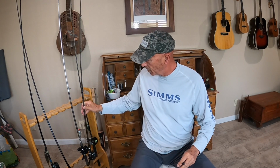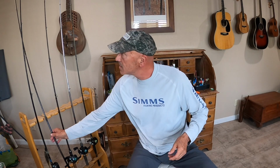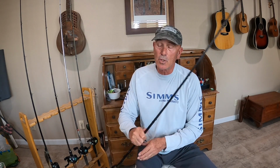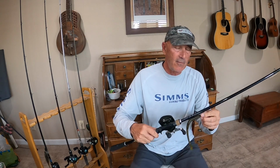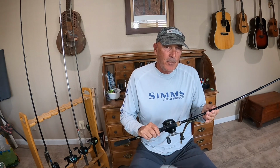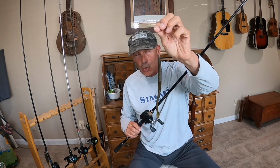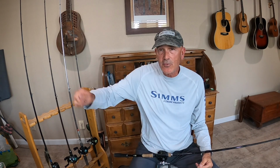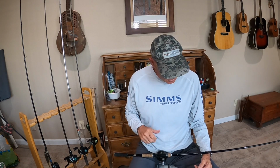Now, last but not least, we'll talk about T-rigs, and this is a T-rig setup that you can use whether you're fishing a T-rig worm or a creature bait or anything of that nature. If I am flipping this into heavy cover, I will go with this T-rig worm or creature with straight braid, straight 55 or 65 pound braid if you're flipping, because again, you're in real heavy vegetation. You want something with a bone-jarring set. You can go with that straight braid,